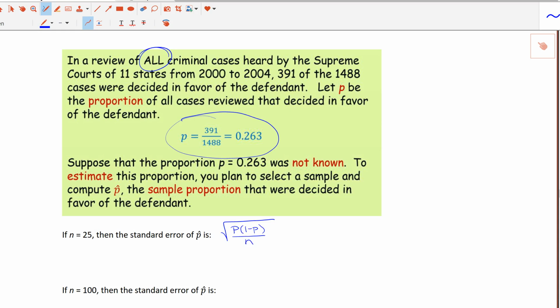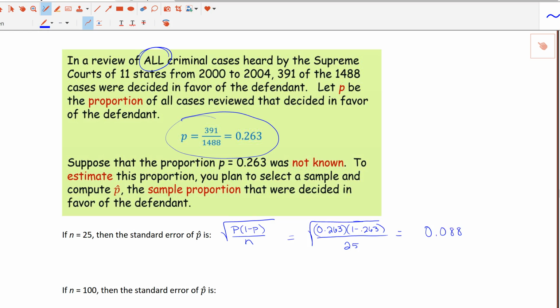If we really were able to calculate this, since we actually do know what P is, we would put 0.263 in and 1 minus 0.263 divided by 25. Then take the square root of that. And if we calculate that, we should get a standard error of 0.088,